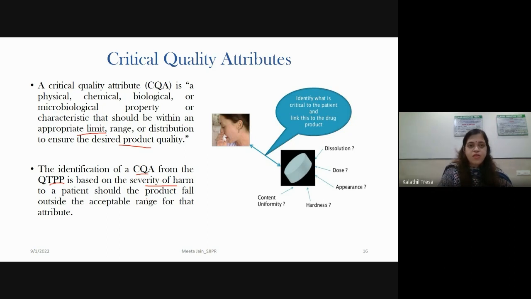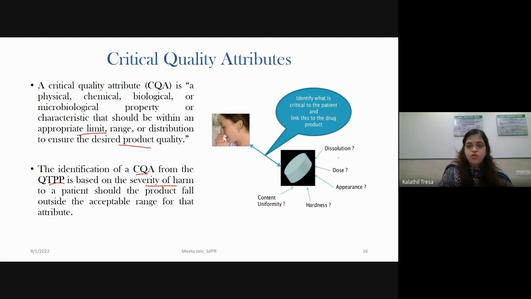That decides whether it can be a critical quality attribute or not. For example, in this picture you can see dissolution, dose, appearance, hardness. These are the attributes of a tablet. How severely it affects the patients if it goes out of the acceptable range.